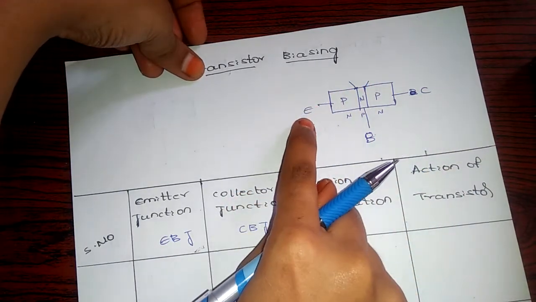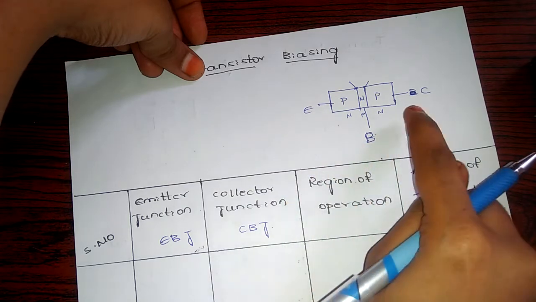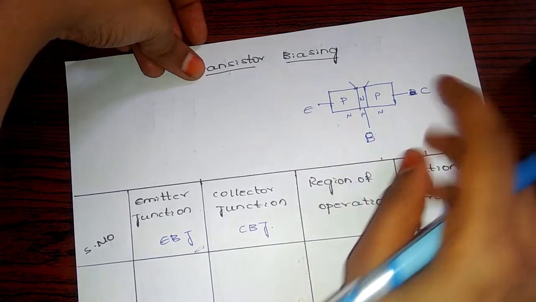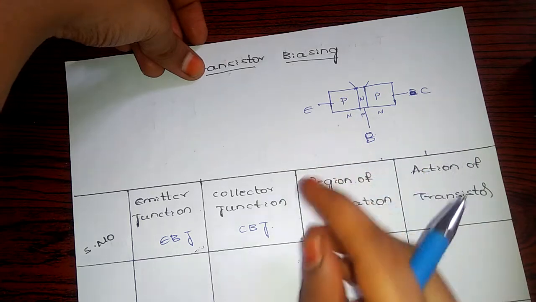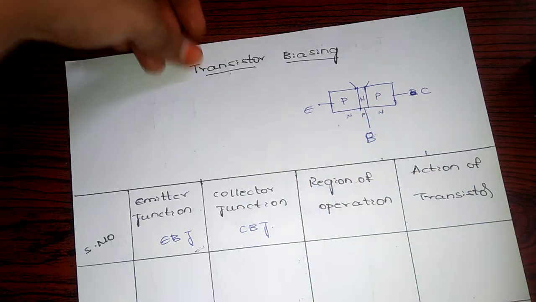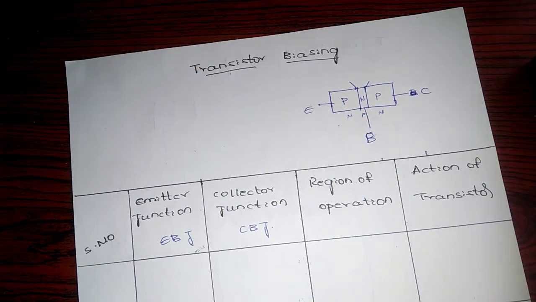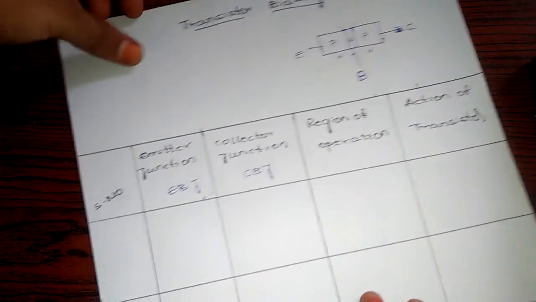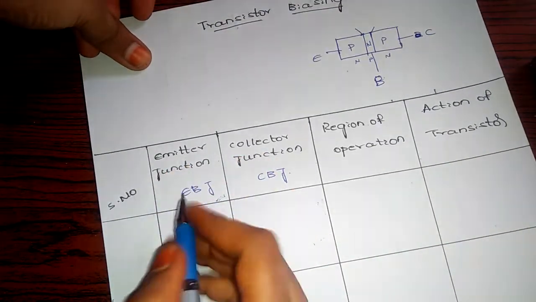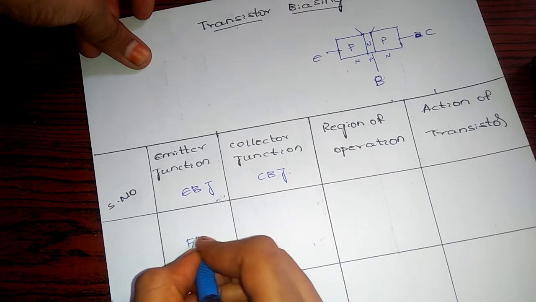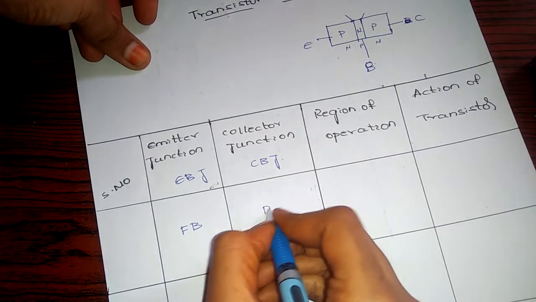Each junction can be forward or reverse biased. So in 4 ways you can give biasing in the transistor. For example, if you give the emitter junction forward bias and the collector junction reverse bias,